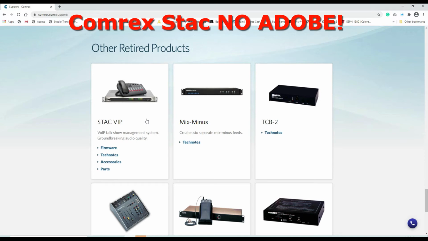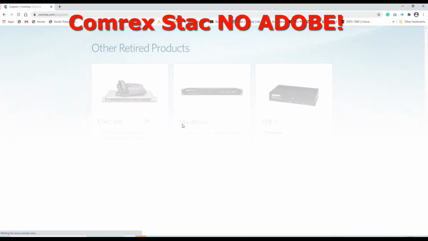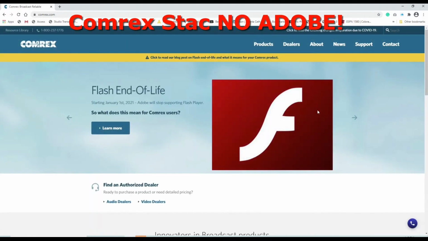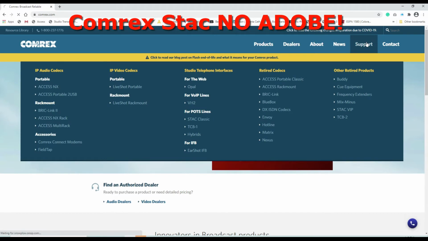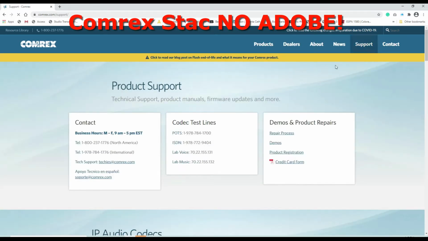Guess what? It is January the 12th and there's no more Adobe today. And guess what? Our Comrex Stac does not work because we can't log into it. Big problem. Problem solved. Go to the Comrex website, and as soon as you get to the Comrex website, go